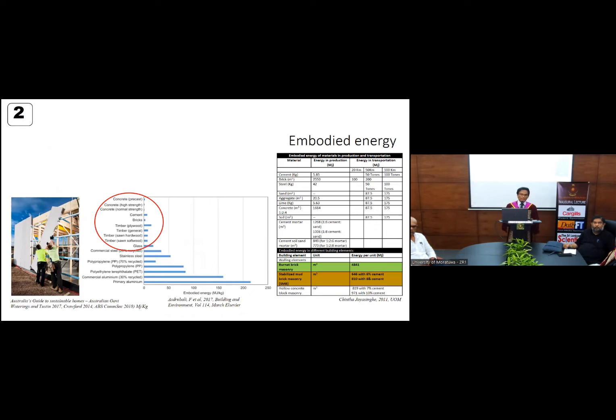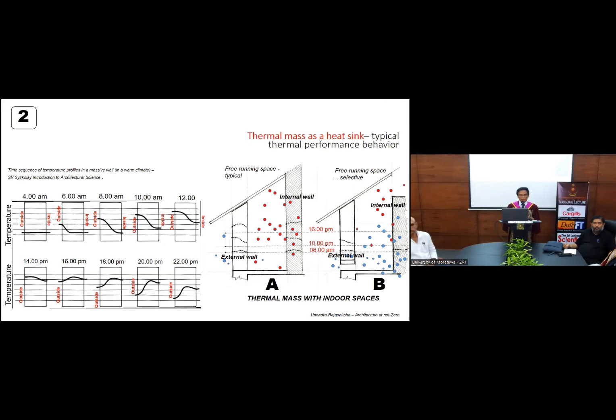So it's important that we start with materials, thermal mass, and you can see in the red circle, there are certain types of materials marked as materials with low embodied energy. For example, you can see concrete. Concrete is a low embodied energy material, and there are other materials like brick, coal, quartz, and so on. So we will see how this thermal mass can apply with night ventilation. Before that, we will try to understand how this thermal mass behaves with the heat, with the climate.